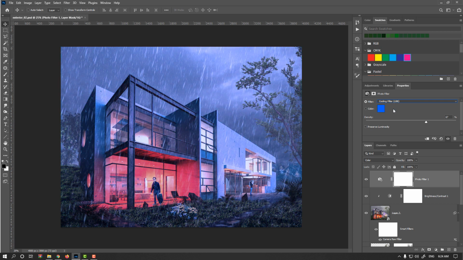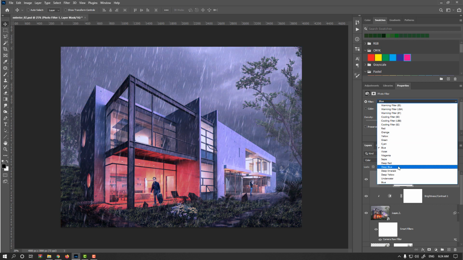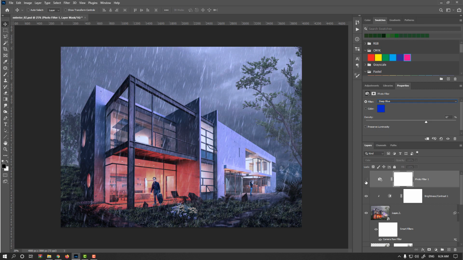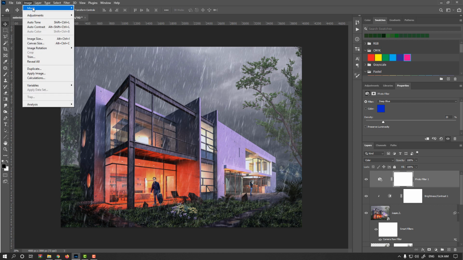I think the cold version here works fine. Something like cooling filters. Of course not warm. Maybe blue here or even deep blue could works fine. See here, before, after, and less density, 25% could acceptable, or 20%. As I mentioned in previous chapter, for saving this file for printing, go to image, mode,